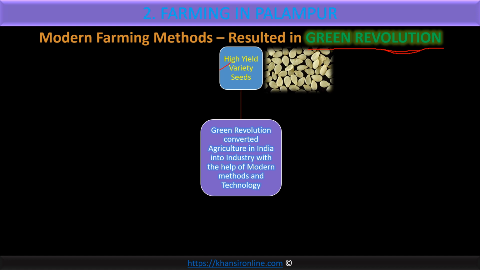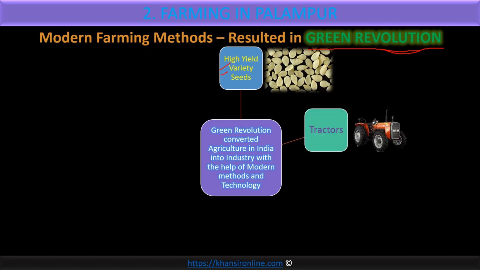Same seeds here, but these seeds are special seeds. They were processed by scientists in industries or factories and they have special powers. So that is high yielding variety seeds. We'll see more about these seeds in the further slides. So HYV seeds are needed. Next, you need machines, because the modern farming method cannot be practiced on a small piece of farm. You need a very huge piece of land, a big farm, to do modern farming. And for that you need machines.